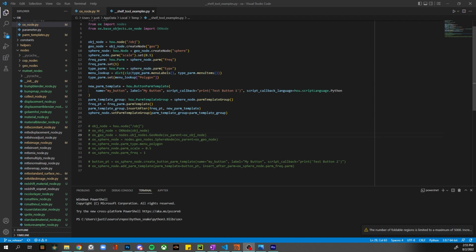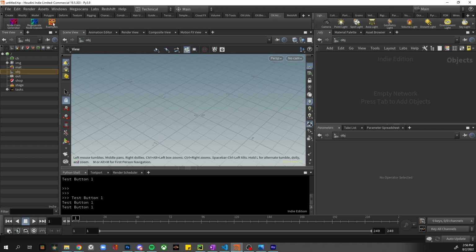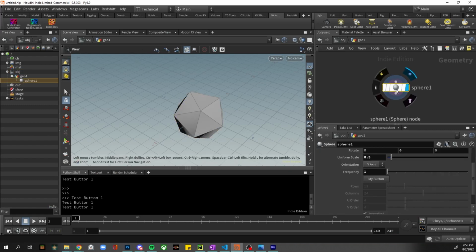We're just accessing the nodes and parameters and doing a little bit of parm template work. To do that, we pass in the names of the node types, we pass in the names of the parameters. For the menu, I'm doing a little dictionary lookup so that I can use the label as found in Houdini, and then it will match that to the correct menu item, which is the name that belongs to that menu label. Okay, so what this looks like, if we run this, we get our geo node, sphere